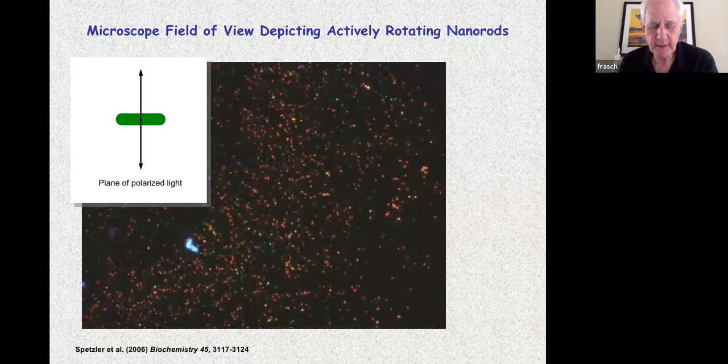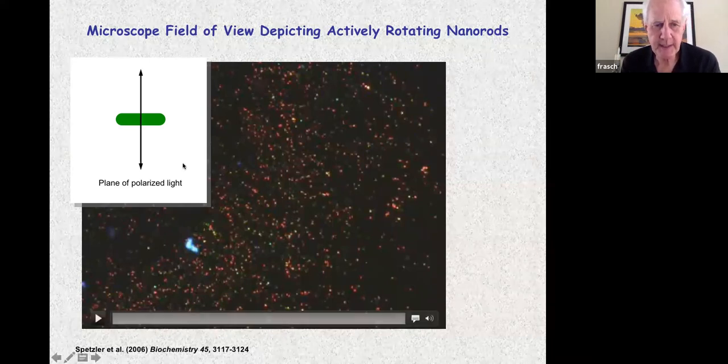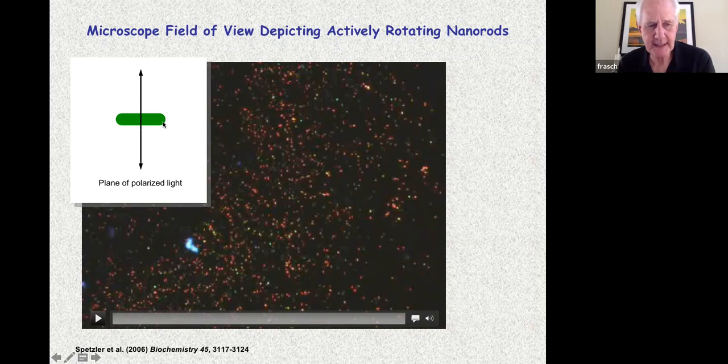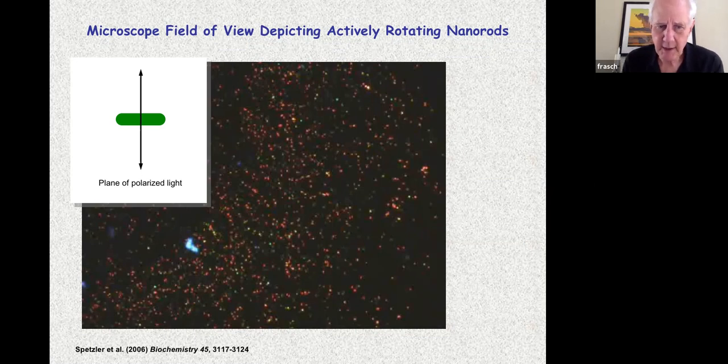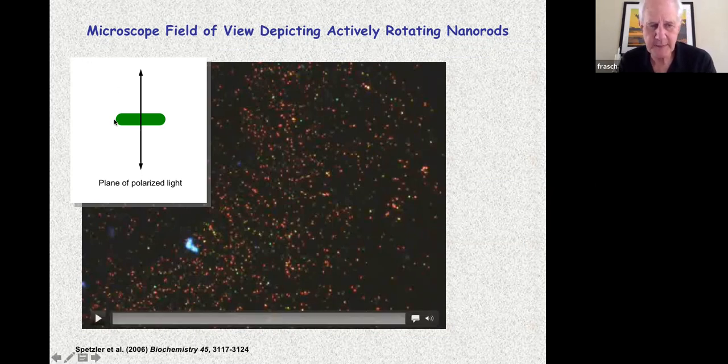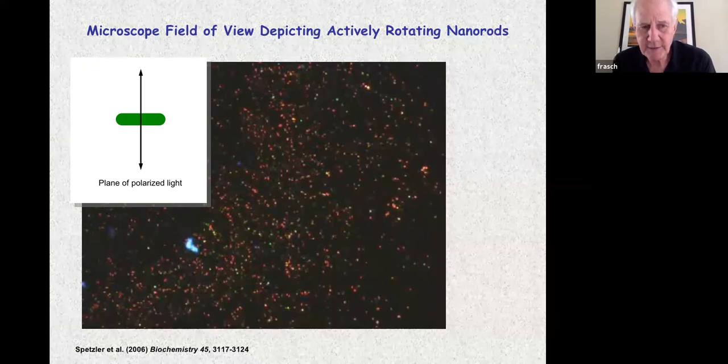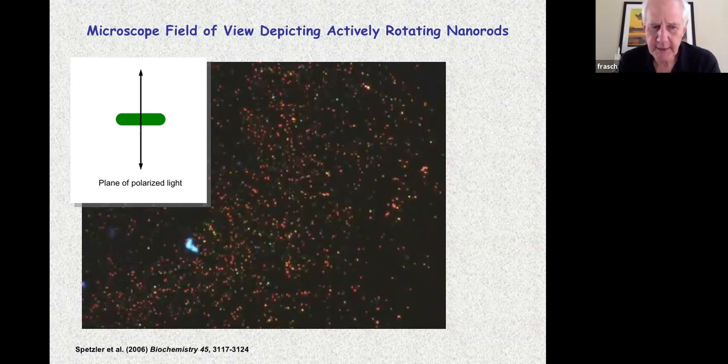And what we did was to attach a gold nanorod that would be about 35 nanometers in width by about 75 nanometers in length to the gamma subunit by the same biotin streptavidin as was done previously. But these are very small, and by a number of experiments, we determined that they don't provide sufficient drag to slow the motor down. So the unique way that we're seeing the rotation is not by actually watching it rotate in several frames, but by